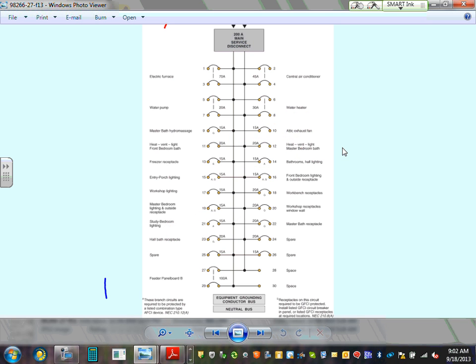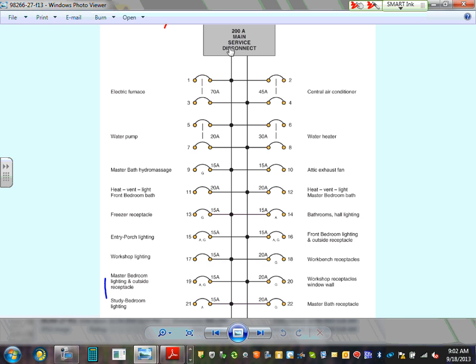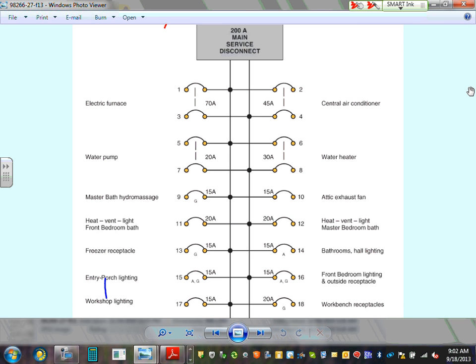And I told you about this one in a dwelling. I'm going to zoom a little bit onto it. This is how they label the panels. Here's your 200 amp panel. It will always be labeled 1, 2, 3, 4. This is even. This is odd. Very important. So when you say circuit 1, all the odds are going to be on the left,